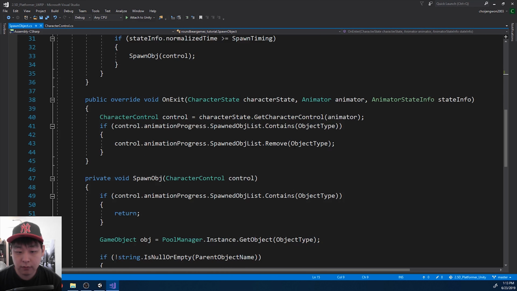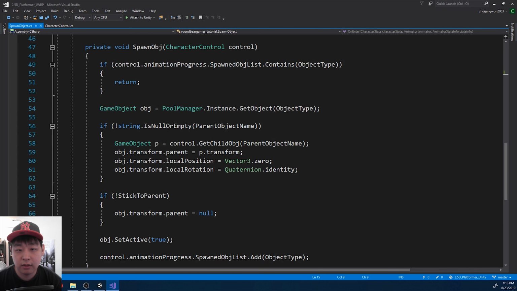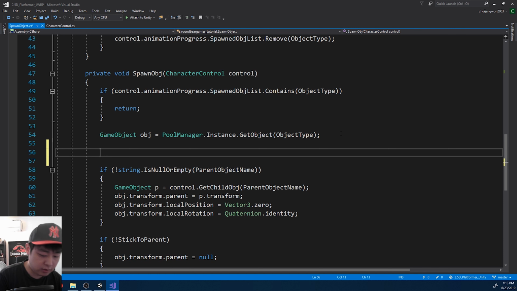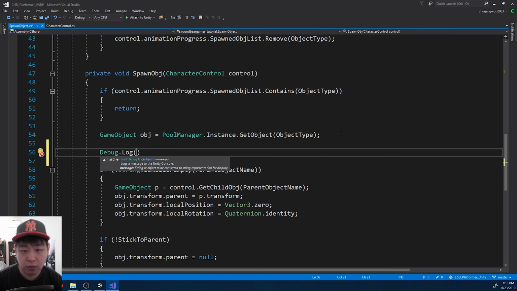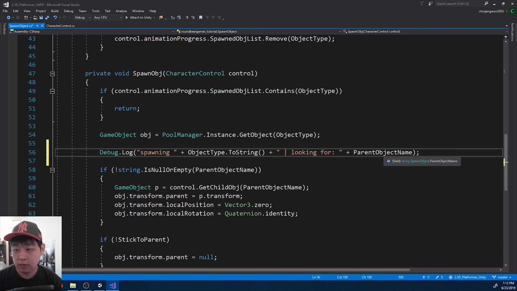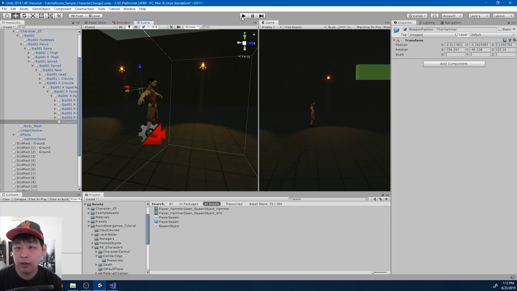But I would like to add at least a debug message in the beginning to show what game object or what position that we need. So I'll just say spawning something, spawning the object type. And we're looking for a certain game object in the hierarchy with the name from this variable. So save, and if I click play again,